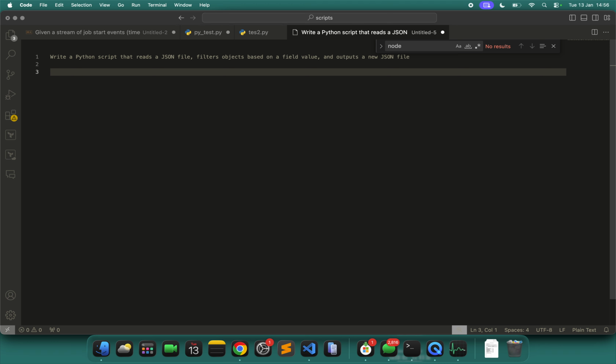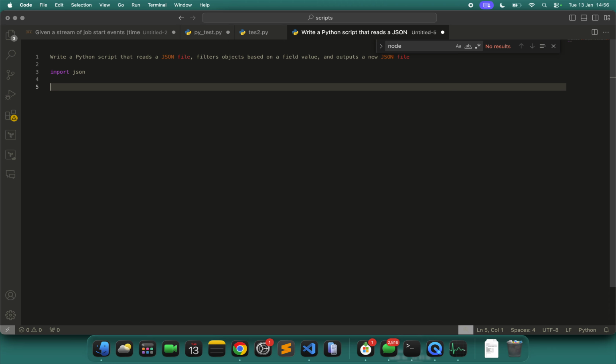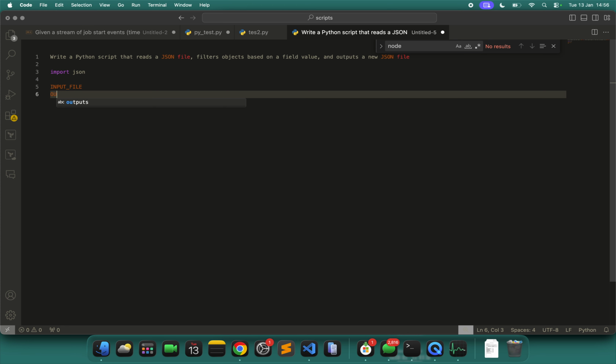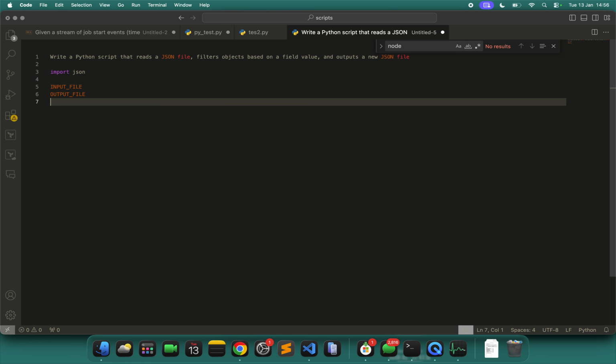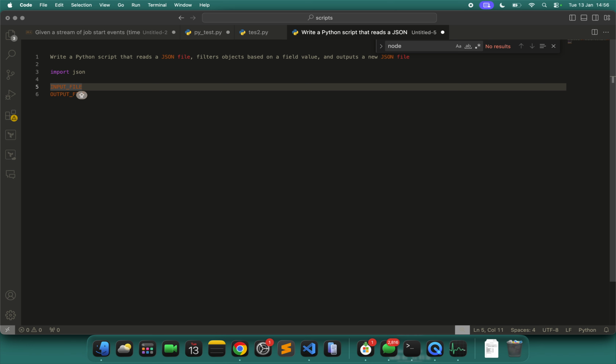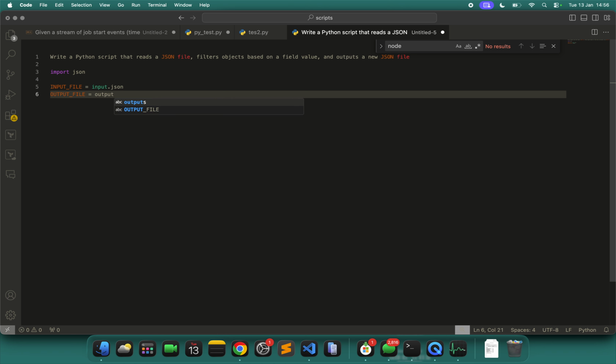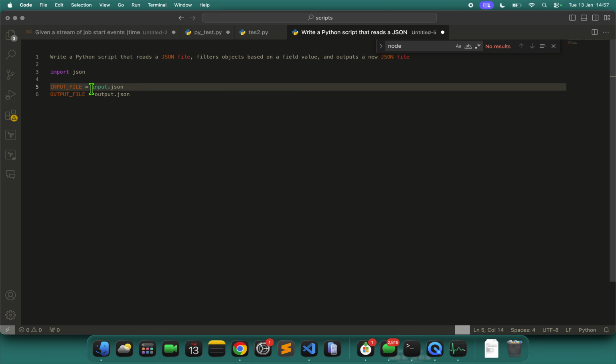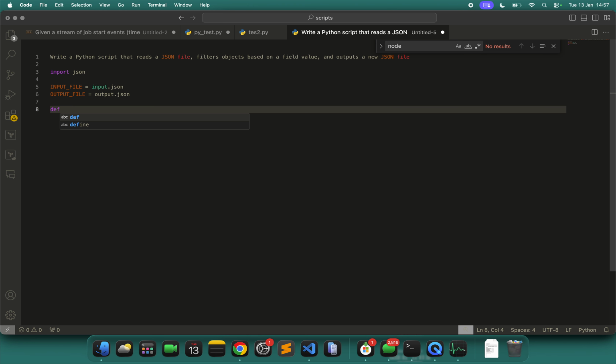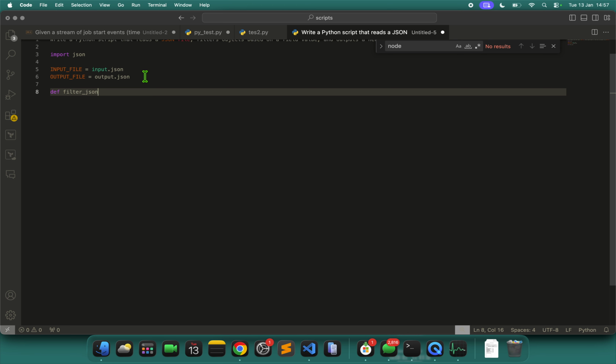Write a Python script. Import json. Input file, then the output file, output.json.